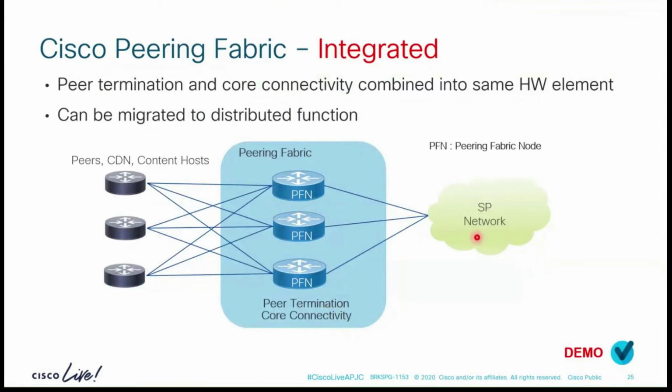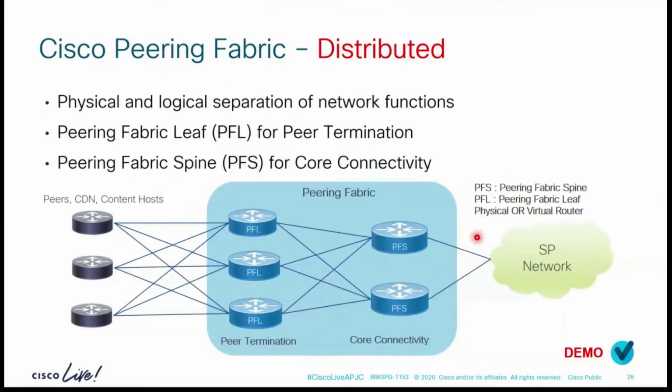And then once it grows, we have the option to build the distributed spine and leaf architecture. The PFL, the Peering Fabric leaf, is used for the peer termination here, and the PFS, the Peering Fabric spine, will